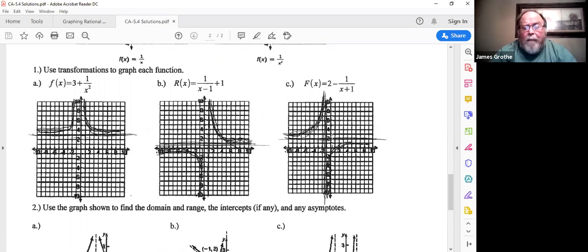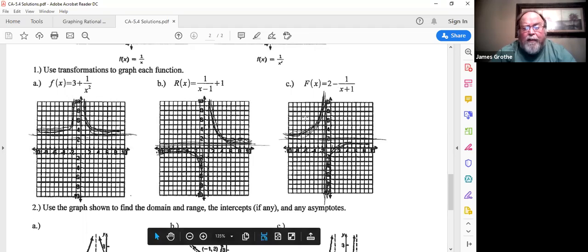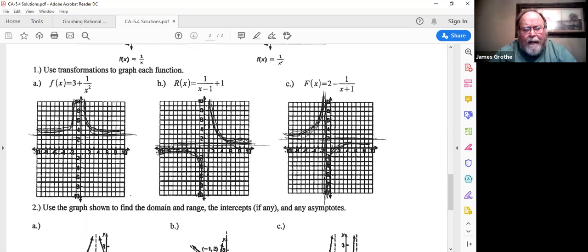So now my y-axis has been moved 1 to the left. My x-axis has been moved 2 upward. So the vertex is now at -1, positive 2, right here. And the graph has been flipped because of the negative sign in front of that fraction. And that's why the curves are in these two quadrants. Okay? Anyway, a little bit of a review of transformations as well as an introduction to some of the simpler